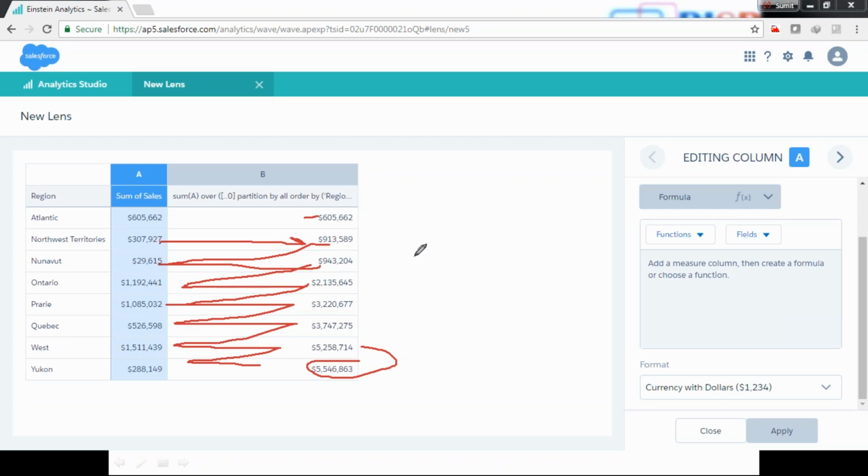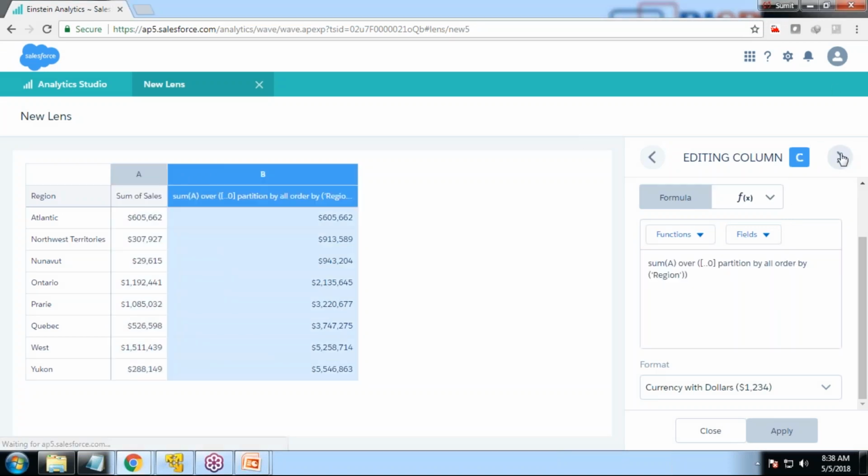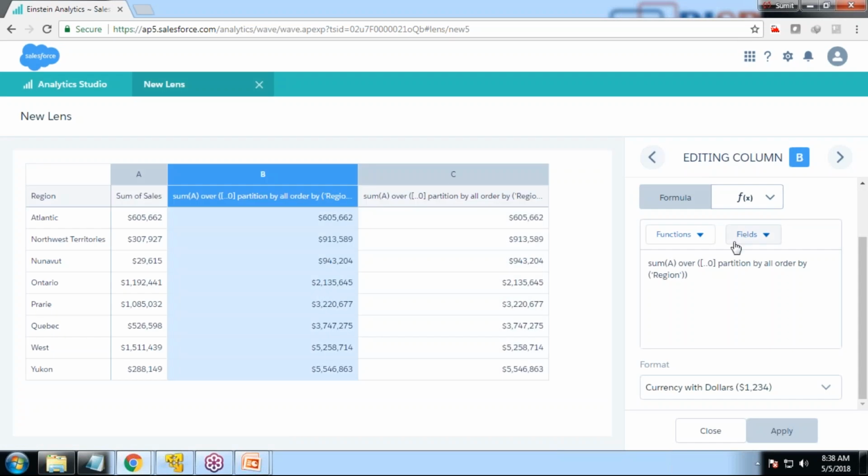So this will be the final outcome for us. That's a cumulative total, and without writing any code, we simply did that by selecting formula. Now let's say I wanted to add one more function, and first of all let me rename it as